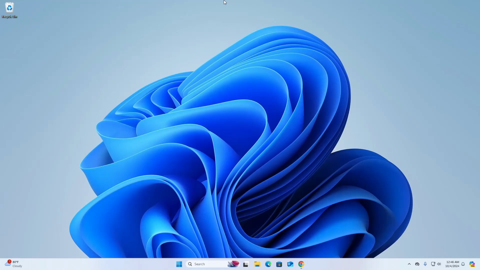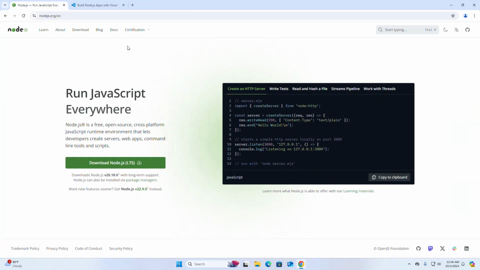In this tutorial, we are going to learn how to install Node.js on Windows 11 and run a Node application on Visual Studio Code by following its official documentation. So, let's get started. At first, open your favorite web browser and browse this URL